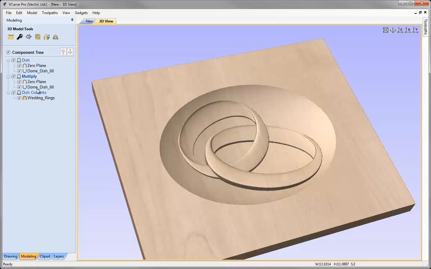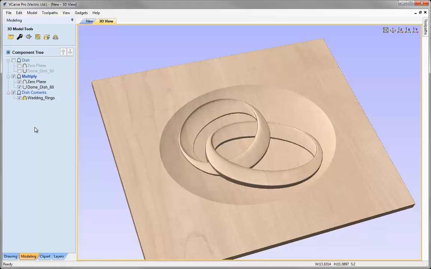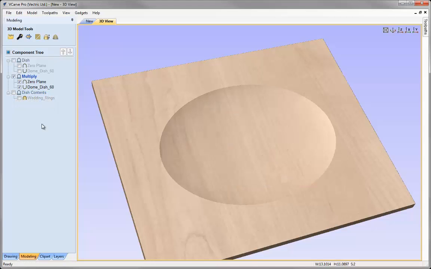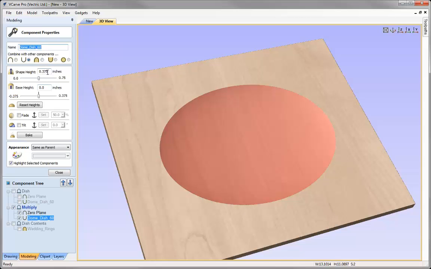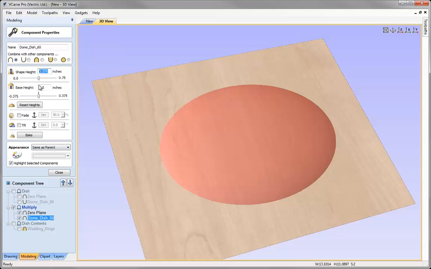So now I've got the exact same components in the multiply level as I have in the dish level. At the moment that just means I'm getting a double depth dish. So I'm going to switch off the dish level for a moment, and I'm also going to switch off the dish contents level for a second as well. And what I want to do is make this a modifying shape. So I'm actually going to change the dome dish component here, go to the properties, and I'm going to make it a positive shape. So I'm going to set it to add, and I'm going to set the shape height